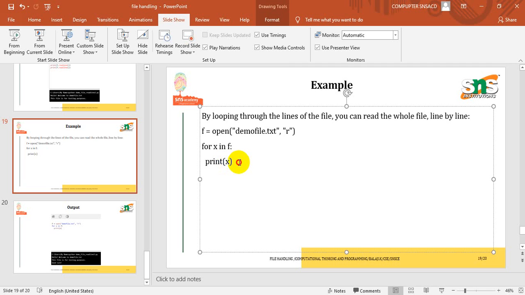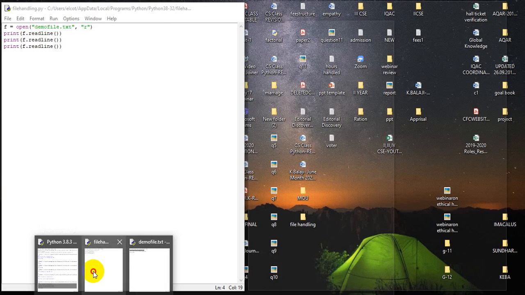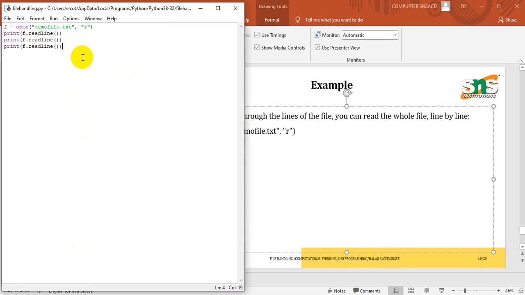So I just copy this for loop alone and we'll check what output we are getting, right? So I'm just going here to the file handling, and the same file which is given, just copying the for loop alone. So already a demo file is created there. This is used to perform the read operation, and then I'm going for performing the looping concept. So I'm preferring the for loop.